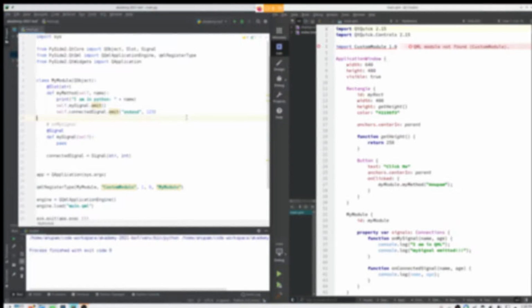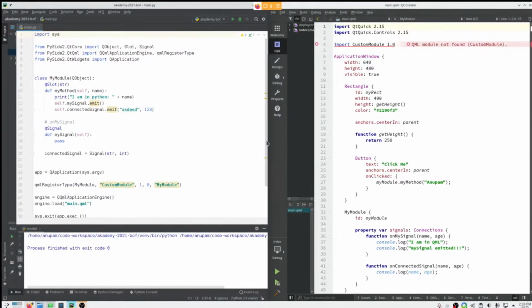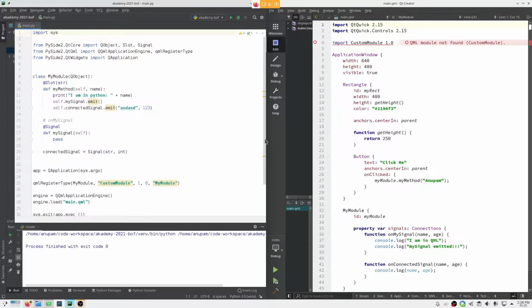Okay, so let's start with the last session's code base that we have, and let's do a quick recap with it.